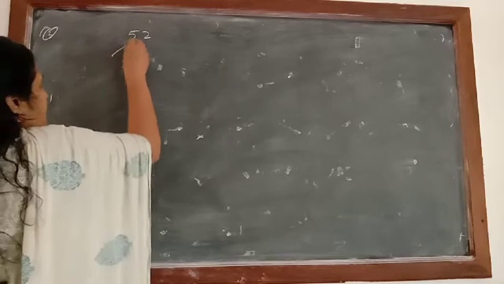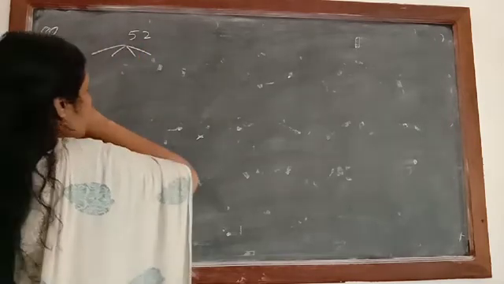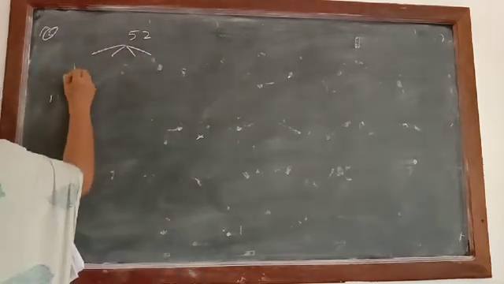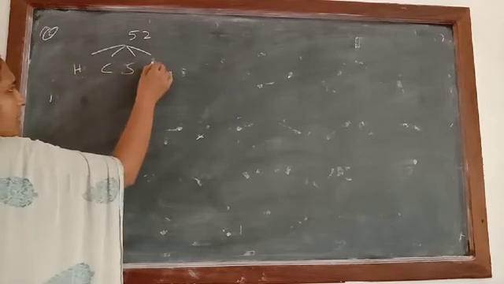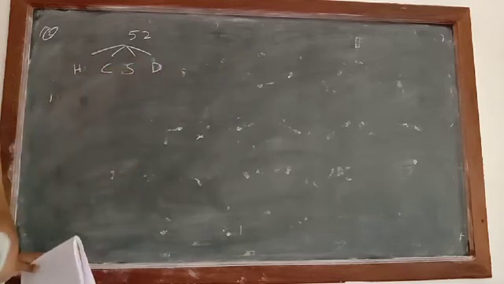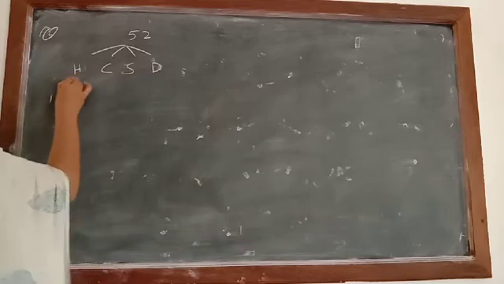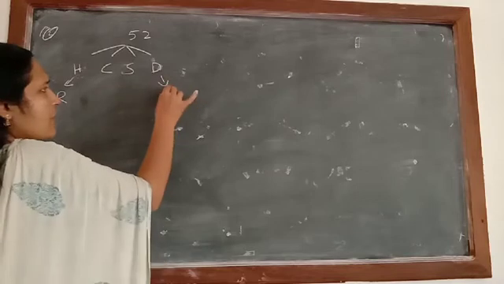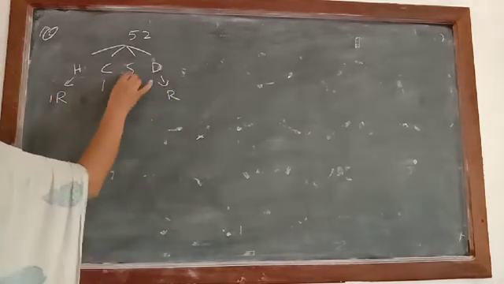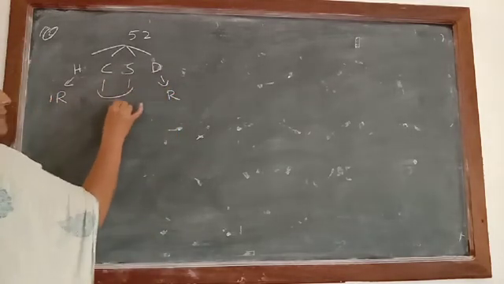In the next question it is written, one card is drawn from a pack of 52 cards. So 52 cards are there, and you know what the different combinations are here. Yes, first one is heart, then we have club, then we have spade, and then we have diamond. Correct? What is the color of heart? Heart is of red color, and diamond also is of red color, and the remaining club and spade are of black color.